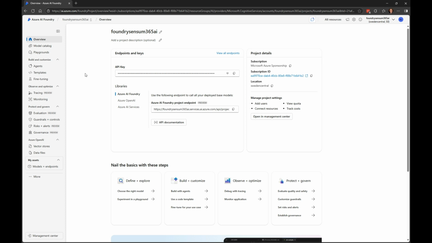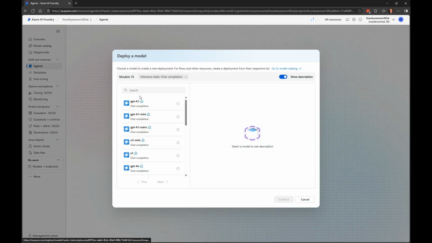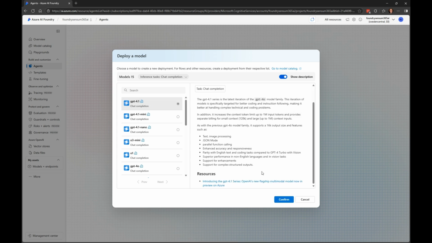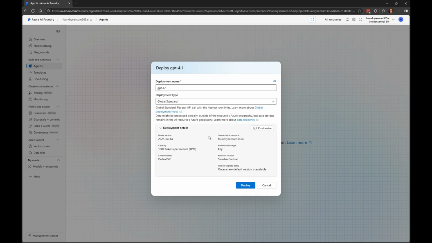And if we go into agents, which is the one thing we're talking about today, we will see that when we run the first time, it will ask that we need to deploy a model, just like we did in Azure OpenAI, in order to make the agent. And I will just take GPT-4o here with my default things.